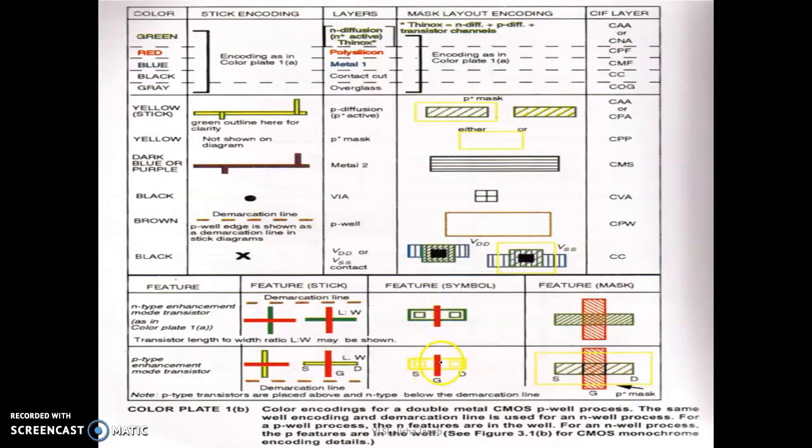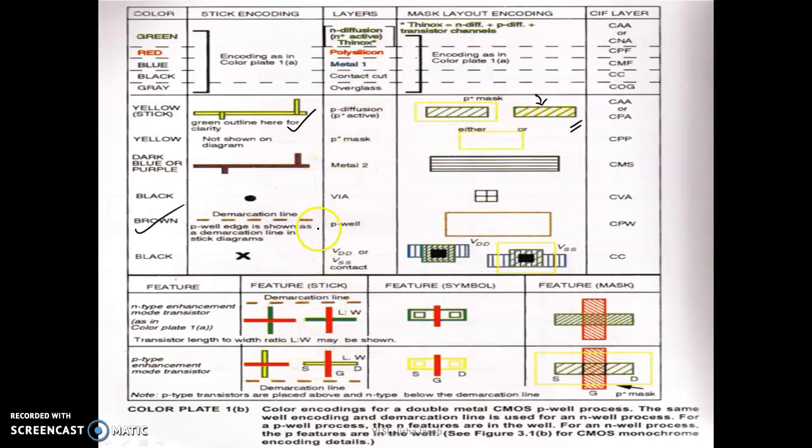The remaining rules are listed out here. As you can see, in the stick diagram, the P diffusion was given as yellow color. In layout, it is actually green color, but green color with widely spaced shading. Okay, and the widely spaced shading can also have a shadow of yellow, which means that this represents P diffusion in layout. Okay, this is the code for P diffusion in layout. That is how you translate it for P diffusion.